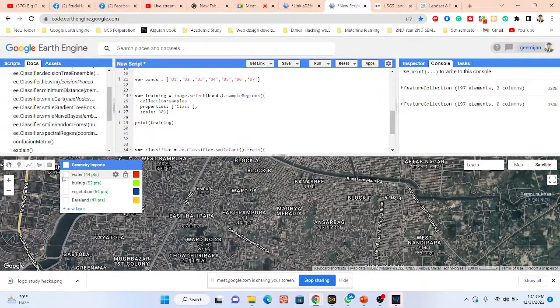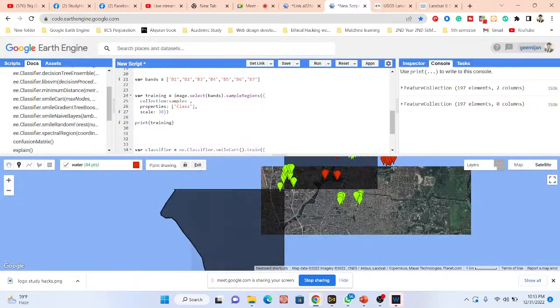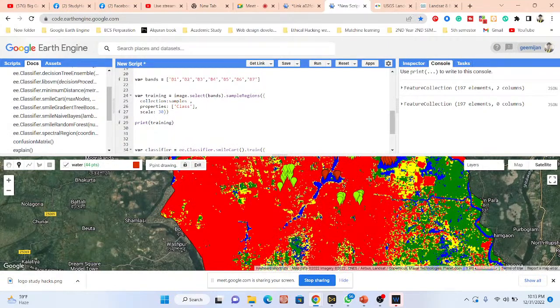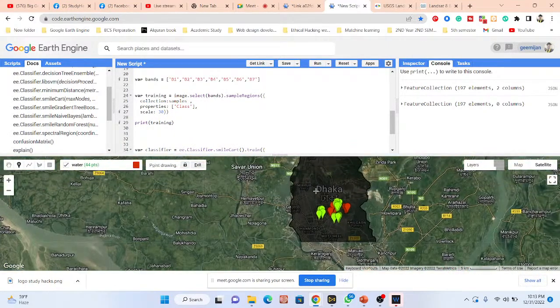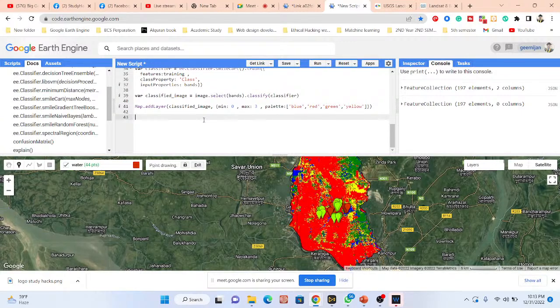At this time, I want to show you how you can easily calculate the area. We can classify the image, check the accuracy, and also calculate the area. For calculating area we can use different ways, but I will show you the easiest way first. For the next few classes I will also show you the other methods, so that when we talk about the change detection map, you can easily calculate the area. Mainly when you want to calculate the area using a chart, we need